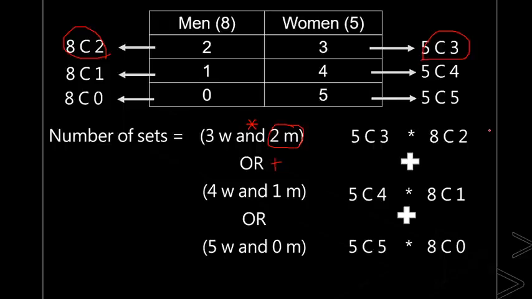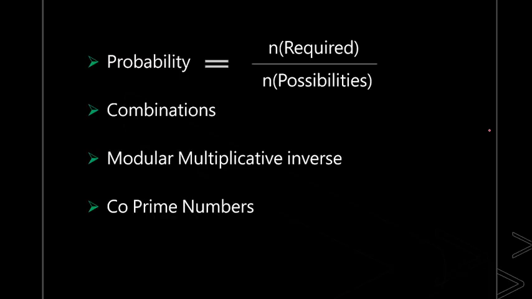If I tell you to choose at least 3 men, you will know how to alter it. If I choose 3 men, how many women? If I choose 4 men, how many women? We will be able to alter all the values. I hope I made it clear. So what do we understand from this? Combination means it should be represented as nCr sets. Find the n value, find the r value. When you do that, combinations can be completed. So we have finished off probability and combination.